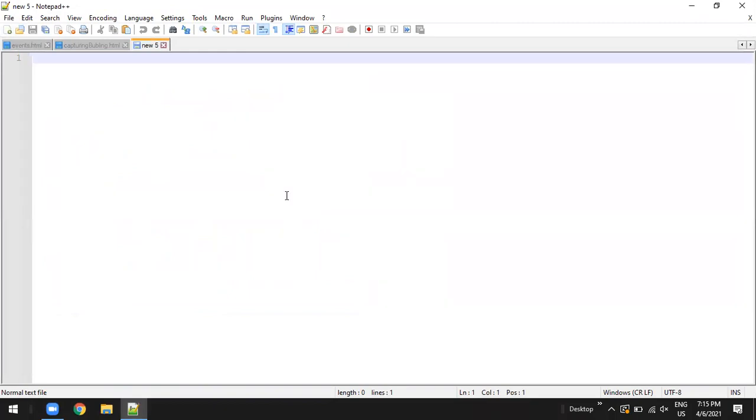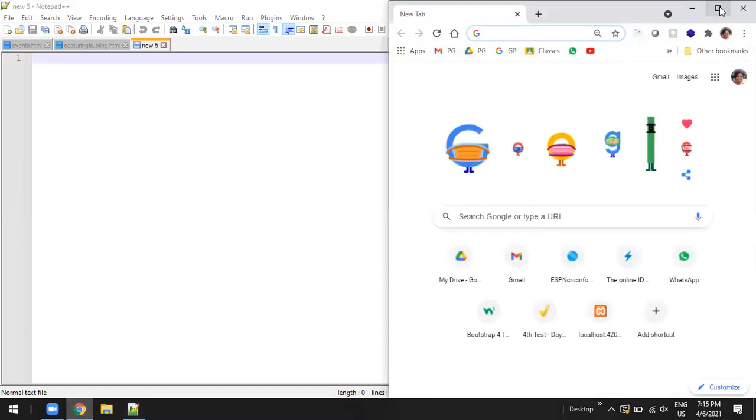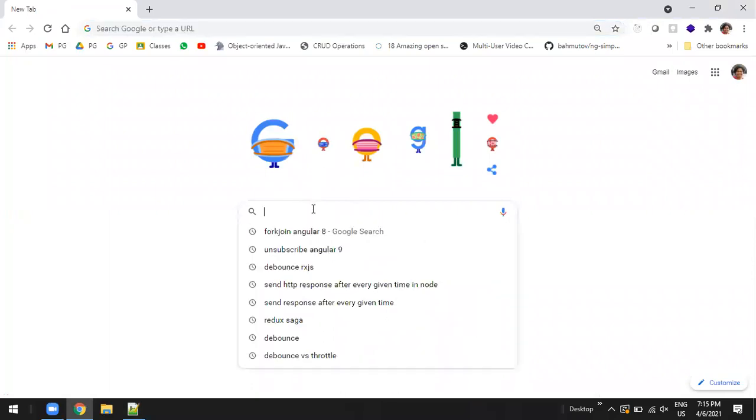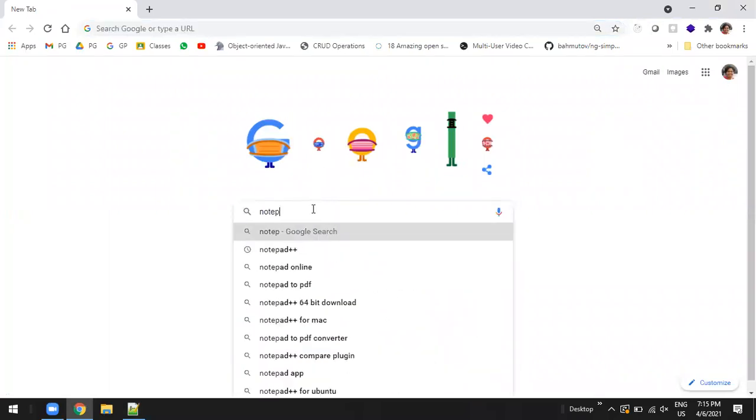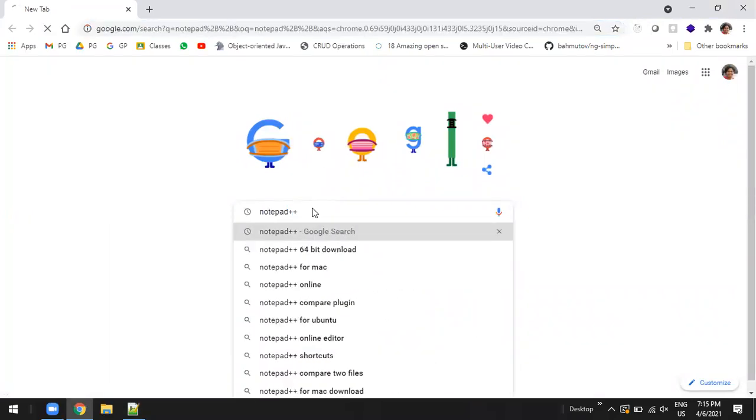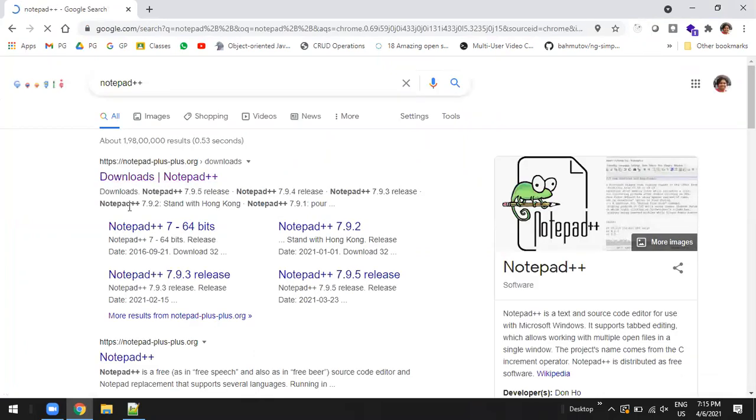There I will suggest two things. Most probably all of you are from a Windows environment, so you must be using Windows. In Windows, how do you get Notepad++? Go to Google, type Notepad++ and press enter, and you get the downloads of Notepad++.